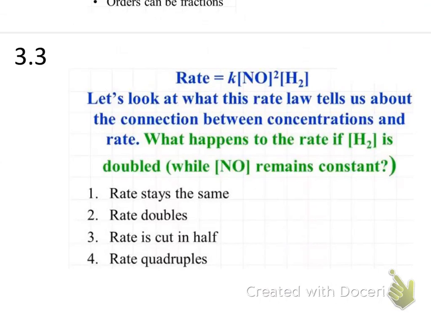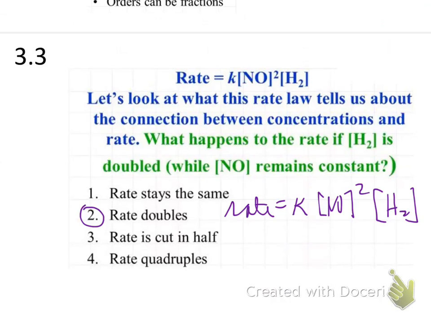Okay, so if you said the rate doubles, you'd be correct. Now we can just use some simple numbers to figure this out. So what I know is the rate is equal to K times the concentration of NO squared times H2 to the 1 power. So I know that K is not going to change, so NO is going to remain constant. So let's call the concentration of NO 1, and let's call the concentration of H2